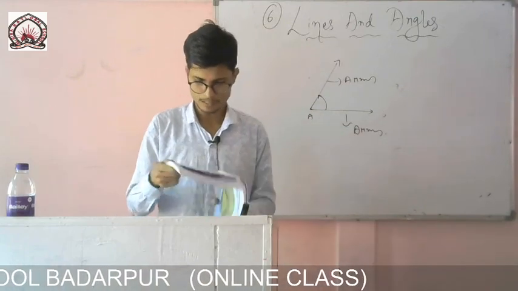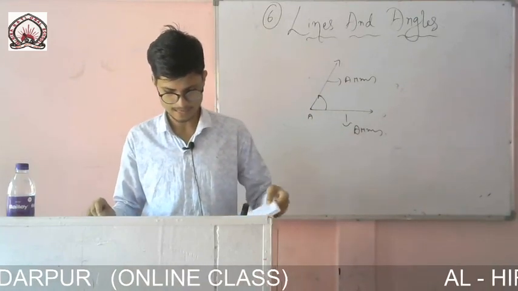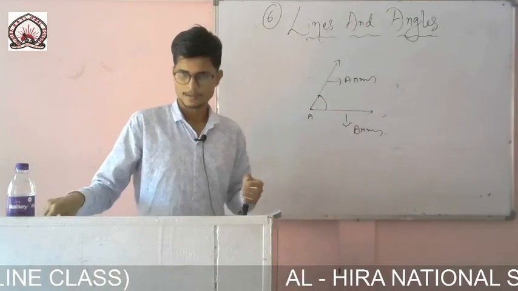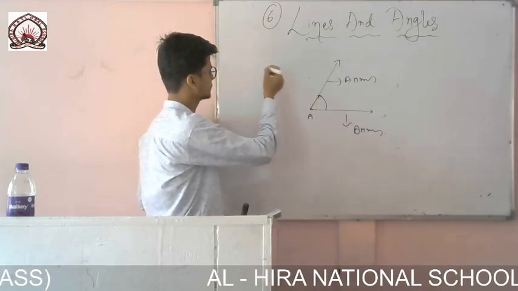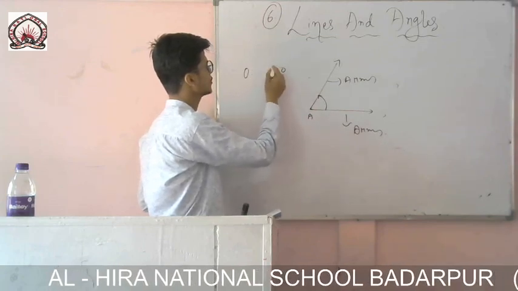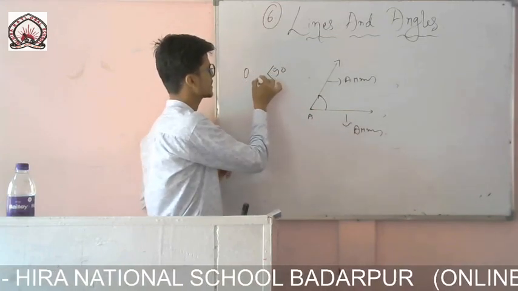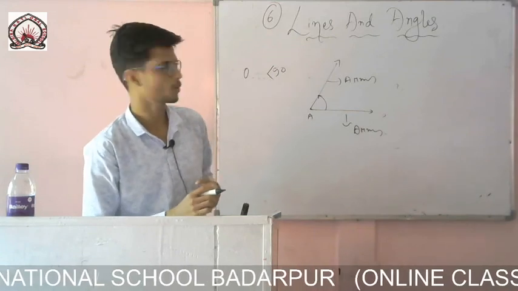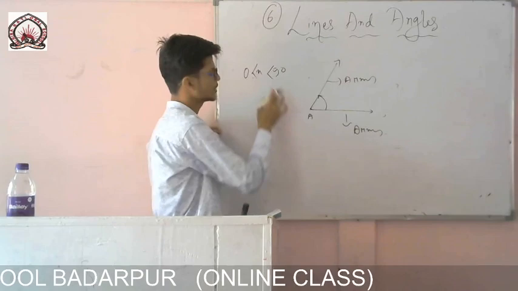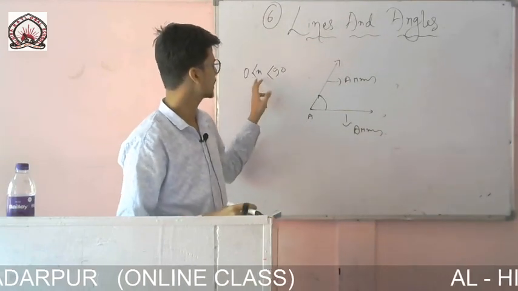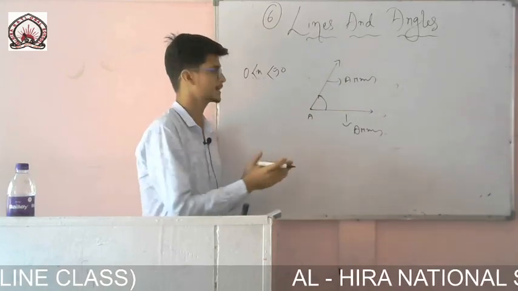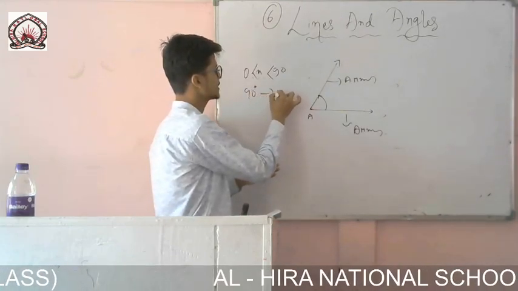Okay, now acute angle, right angle. I know you know this thing, but let me say it once again. So acute angle: if the degree varies from 0 degree to 90 degree, that means less than 90 degree, it will not be equal. Then it is known as an acute angle. It should be greater than 0 degree but less than 90 degree, that means up to 89, or more than that, but it will not be 90 degree. If it is 90 degree, then it is a right angle.